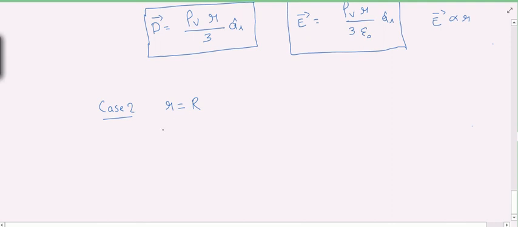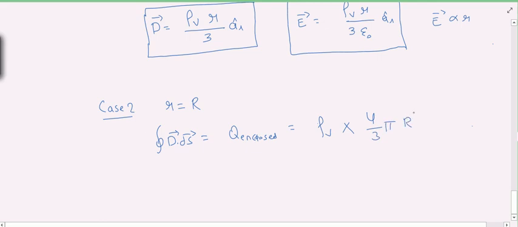For this surface, if I apply the Gauss law, the total charge enclosed becomes the total charge of this sphere. This is a uniformly charged sphere, so I can write it as rho v into the volume of the sphere,